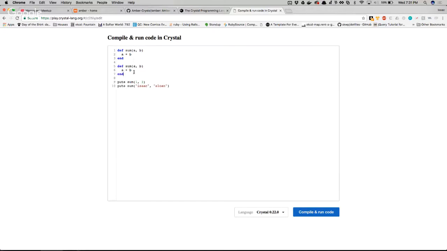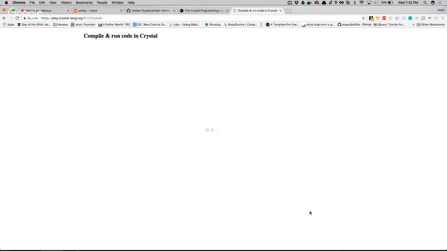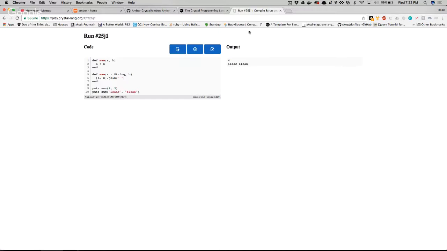I could just copy that and tell this one that it's a string. I could probably tell both of them they're strings, but put those in and say join with a space. Now when I call the second one, it says, okay, it's a string, not an integer. So it overloads, and I'm calling the same method, but it's doing two different things.